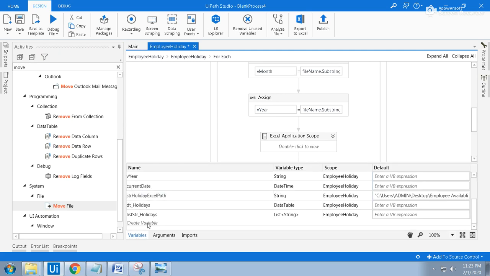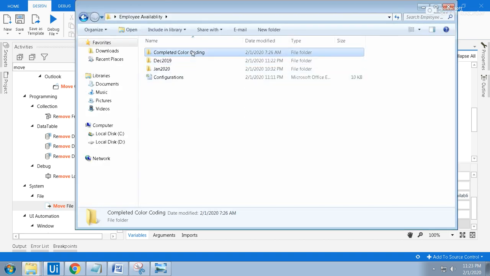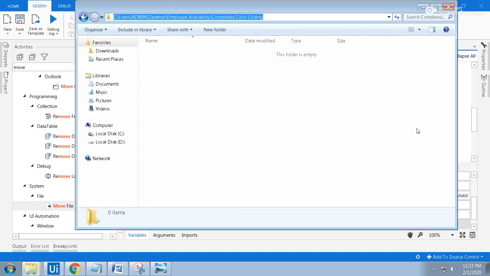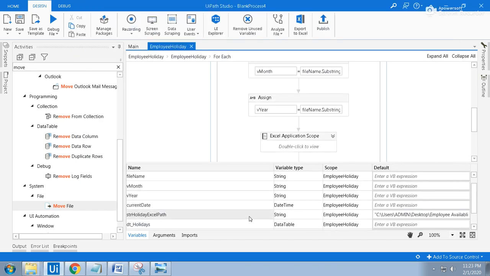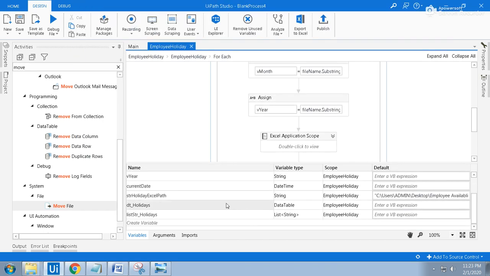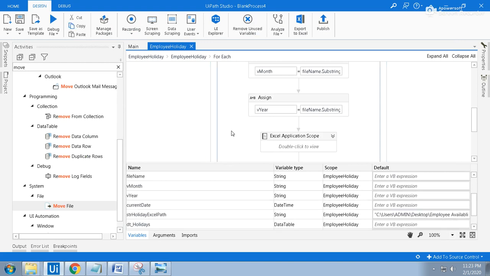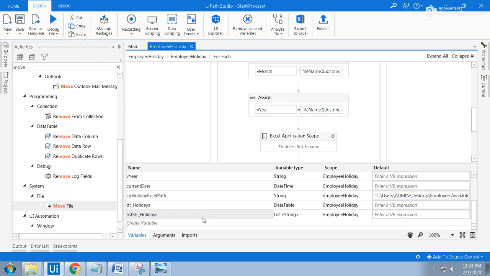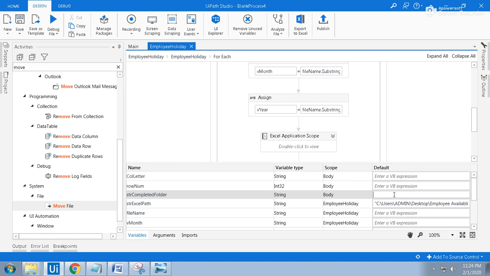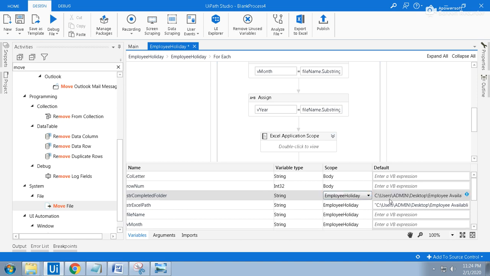Okay, where is the completed folder? str completed folder. What is the completed folder path? The completed folder path is this one. Coding is completed. Yeah, completed folder. Okay, so this one, just increase